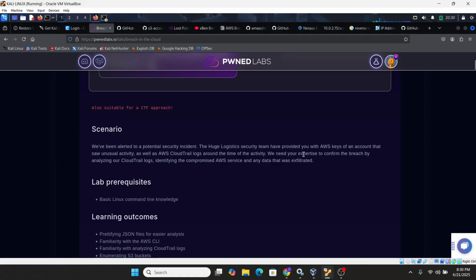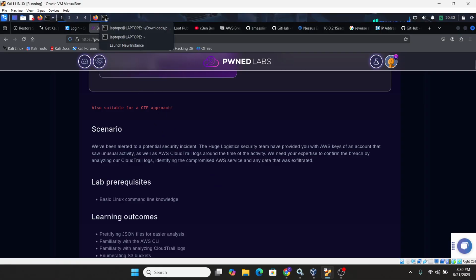Now they need our expertise to confirm the breach by analyzing the CloudTrail logs and identifying the compromised AWS service and any data that was exfiltrated. What they need from us is to confirm that the breach truly occurred first, and identify the AWS service that was compromised and the data that was exfiltrated.